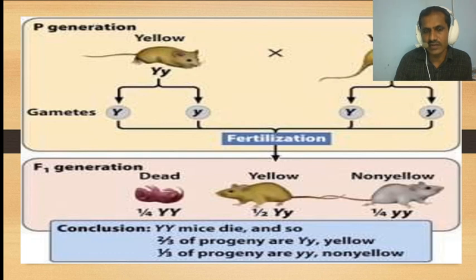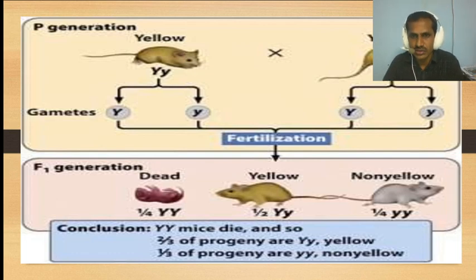Suppose instead the lethal allele is present in the recessive gene. Then in the F1 we get capital Y capital Y and capital Y small y two times, and we get non-yellow, while that allele dies. This is a 1:2 ratio. This is the reason: a lethal gene kills its possessor, and they will not carry on to the next generation to reproduce. This theory was proposed by Lucien Cuénot in the year 1905. He discovered it in mice coat color.